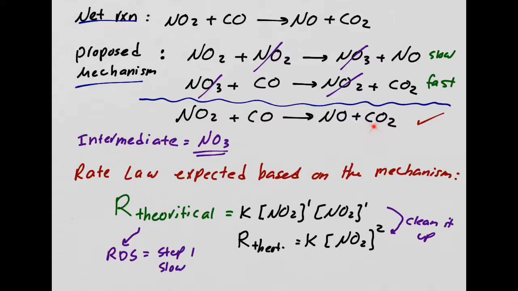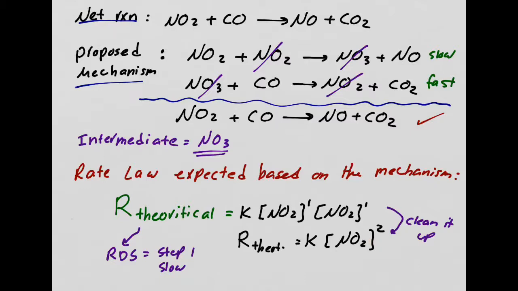If you look at the net reaction, you have NO2 and you have carbon monoxide, right? If we look at the net reaction based on this, what is the order of NO2? The order of NO2 is second order. And what is the order for CO? Order for CO is